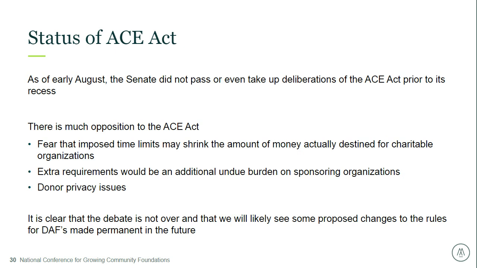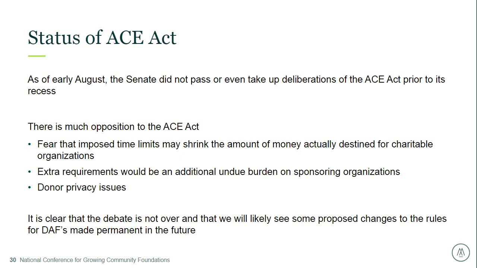If you do a search, there's really no activity. Obviously, I think the legislators maybe have bigger things to consider. But there is also quite a bit of opposition to the ACE Act, and so once it was introduced,